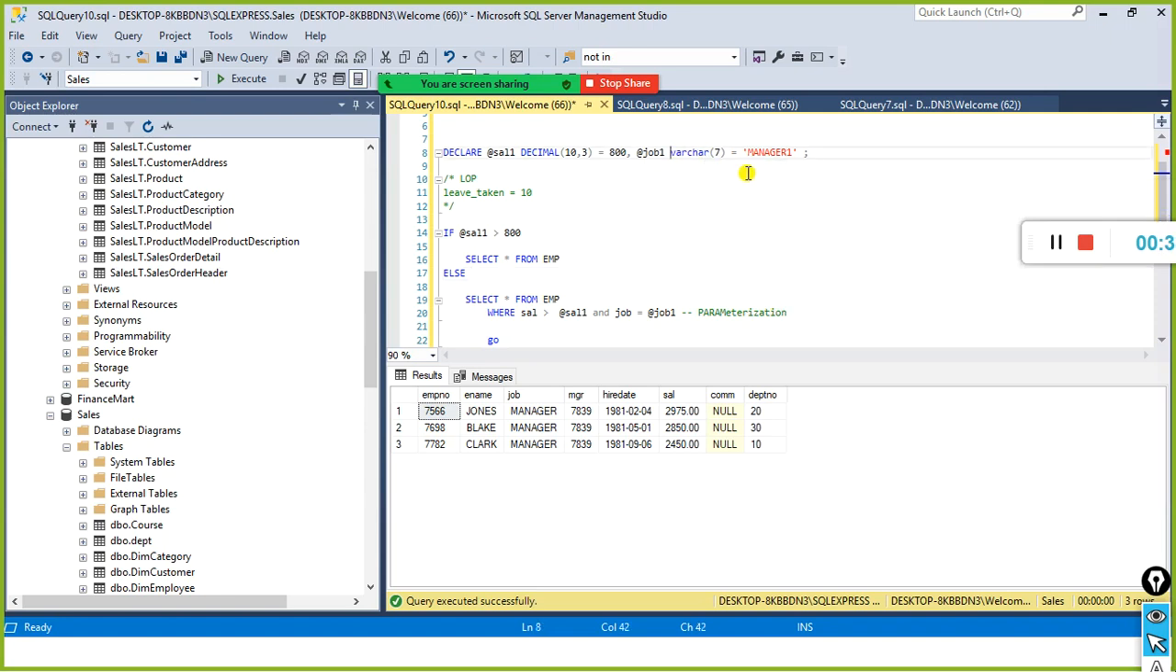One second, let me just count: 2, 4, 6, 8, right? Since, look here, what happens, very tricky one. How many letters are there here? 2, 4, 6, 7, right? Though I put one more value here, it simply ignored it because it can hold only 7 letters. So now look here, the trick is, if I put 8 here,